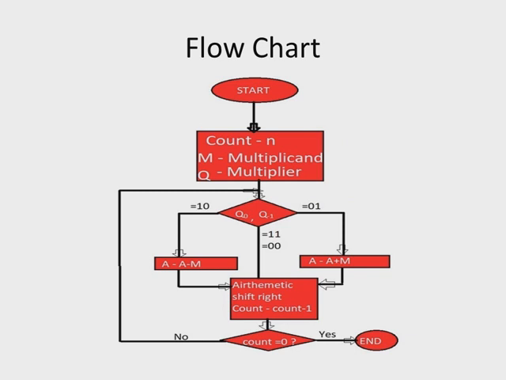In this chart, except count, the remaining steps we have seen in the algorithm steps itself. Now, how to choose or how to fix the count value. For this, the highest number of bits available in the multiplier or multiplicand is taken for consideration. Say for example, multiplicand consists of 3 bits and multiplier consists of 5 bits, then the count value will be equal to 5, and this count decides the number of cycles of the multiplier.